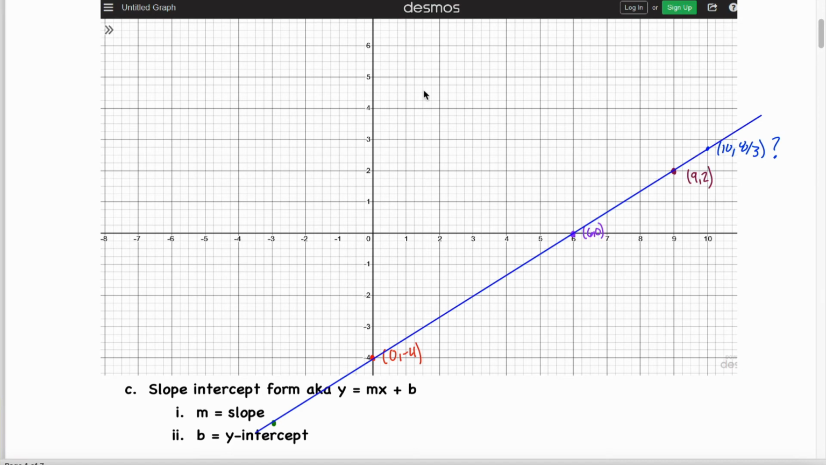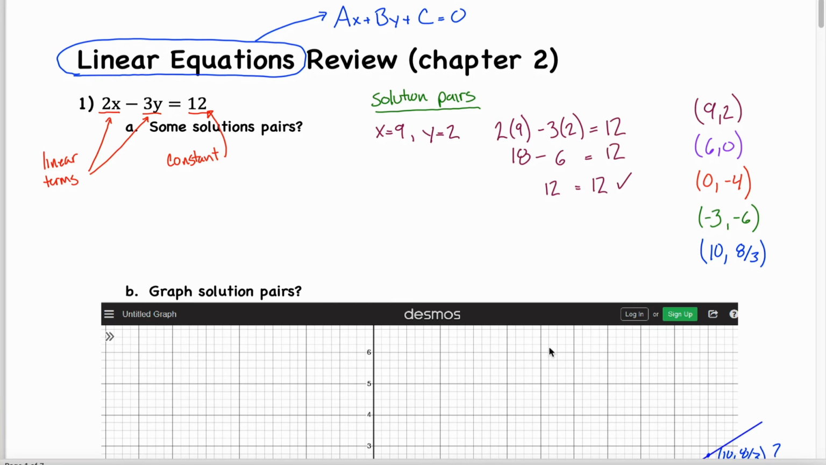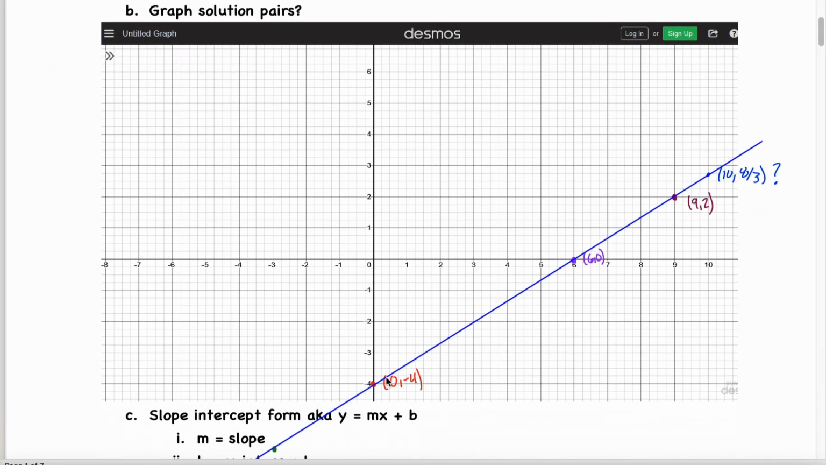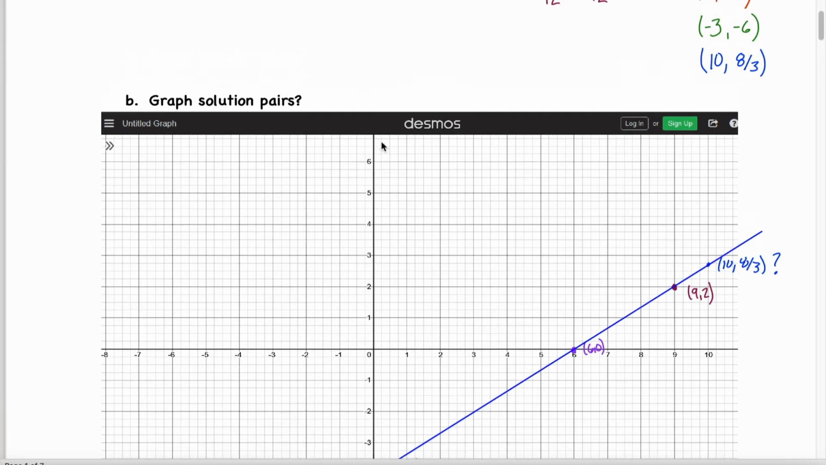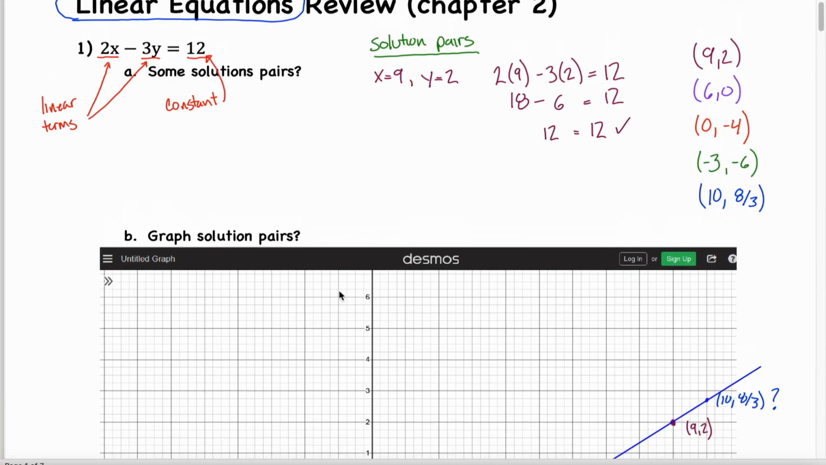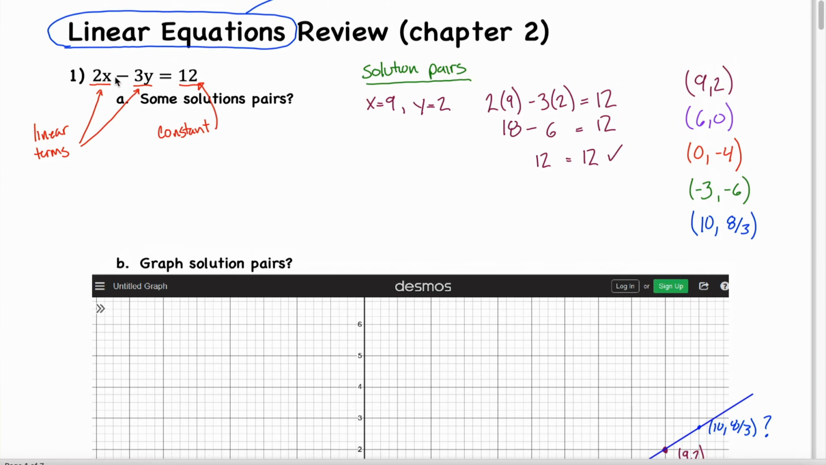That's not a coincidence. The reason these are called linear equations is because when you graph all the different solution pairs, those solution pairs fall on a straight line. And that straight line is not just a way to confirm that we had a linear equation in the first place. That straight line is really powerful. Any of the infinitely many points that lie somewhere along this straight line would be a solution to this linear